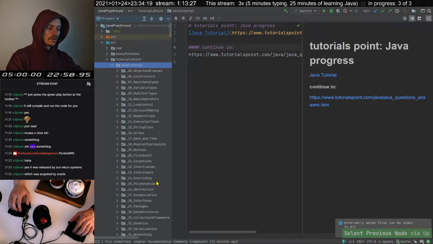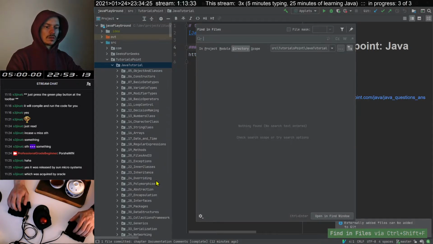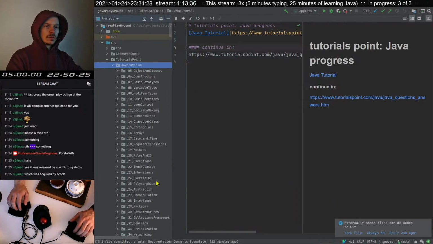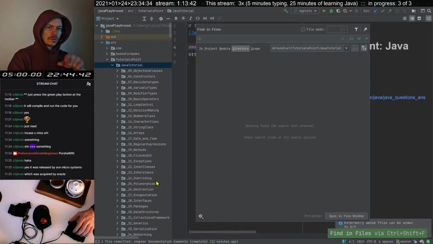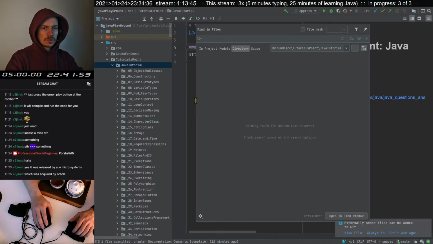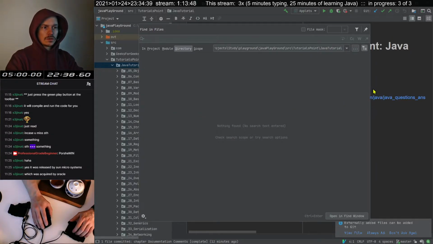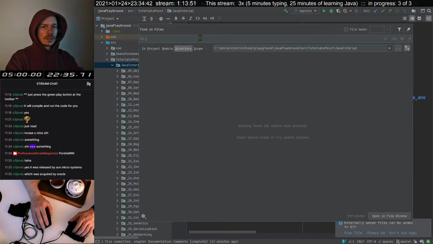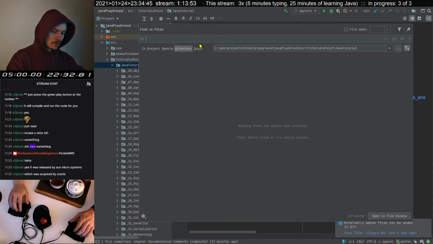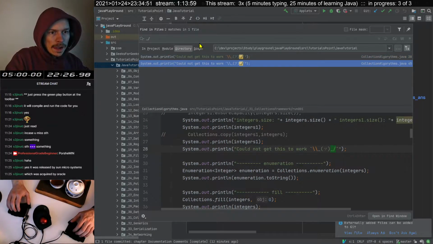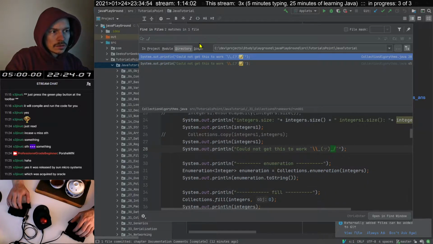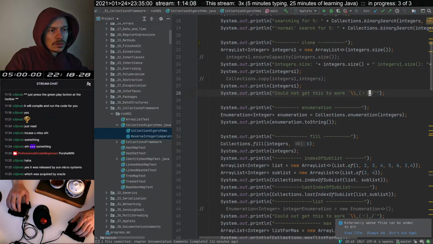It will be Control Shift F here. And it is this or oh. Control Shift F, and I was searching in the wrong directory. That's what was wrong. And we will be searching for the underscore slash. Here we go. And those are the things which I did not know how to do.